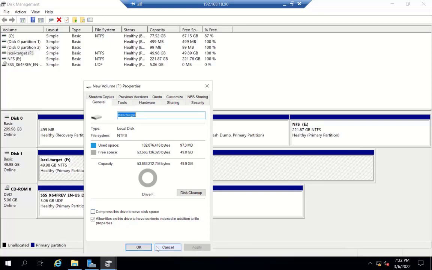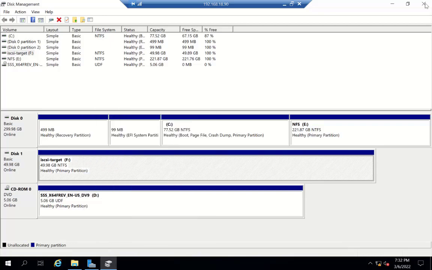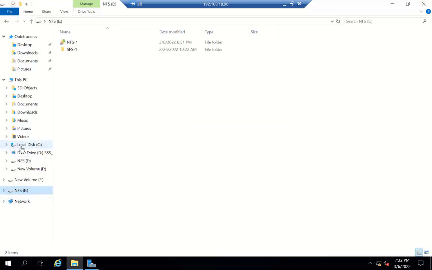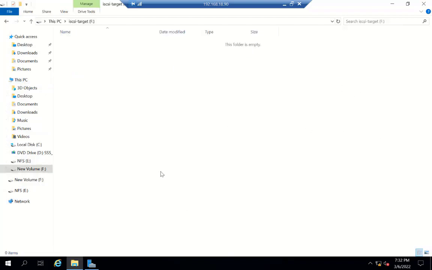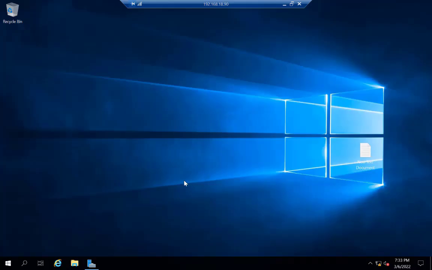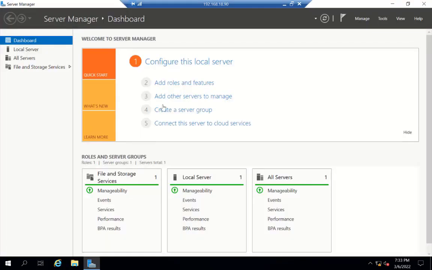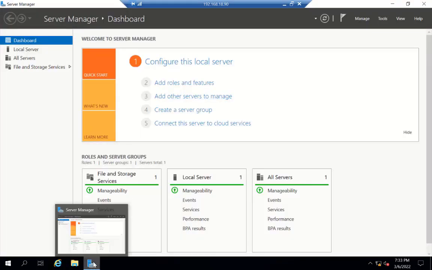For configuring iSCSI, we launch Server Manager, and in Server Manager, on the local server, I add the iSCSI role. So click on Add Roles and Features, click Next, choose role-based or feature-based installation, click Next.